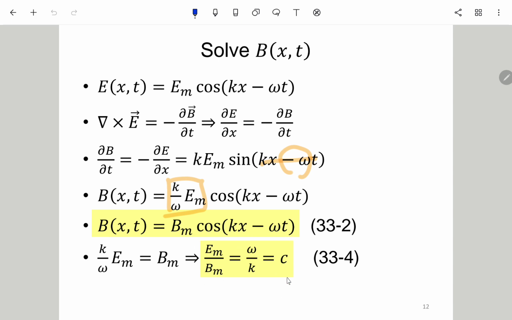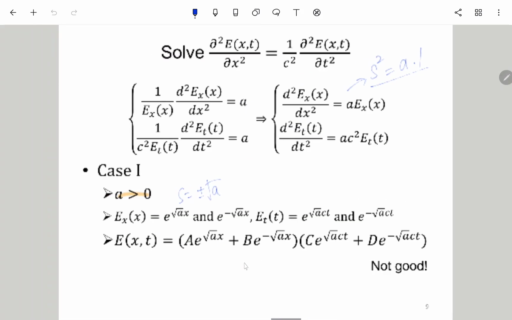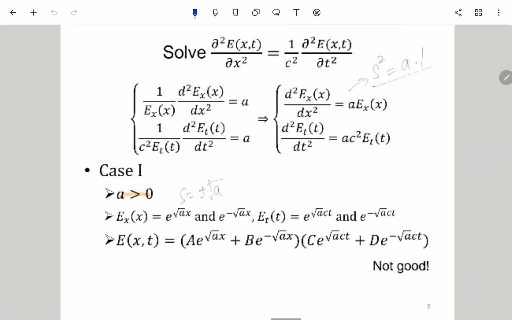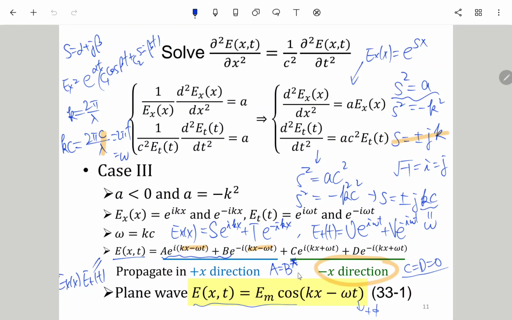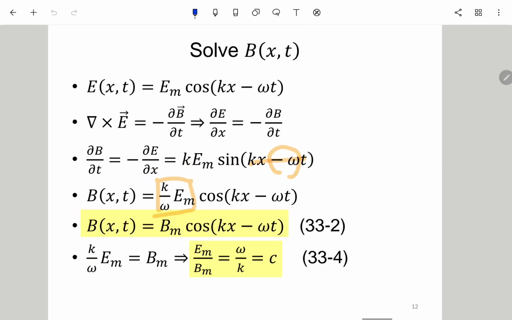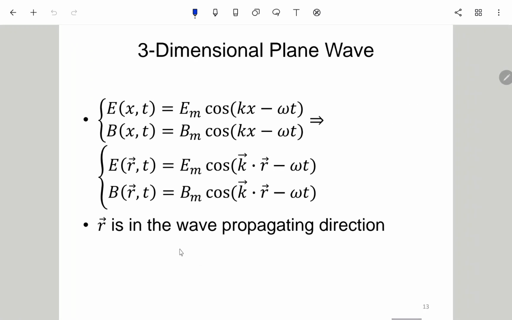E_m over B_m is a fixed ratio of c. 这是另外一个式子所以其实我们已经推了4个式子，一个是这个光速33.3在这里，然后这个33.1在这里，然后33.2也在这里，然后33.4也在这里。Okay, so actually these two are the solution to the wave equation in free space in one dimension,